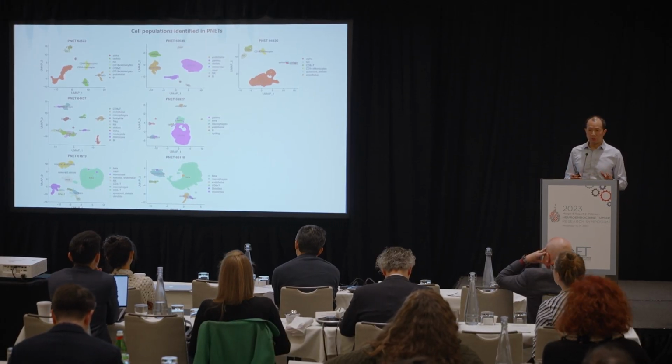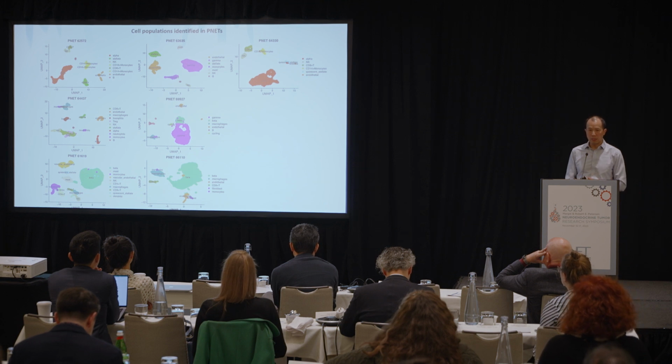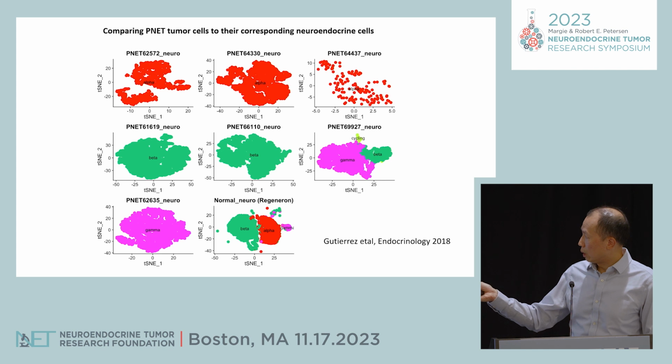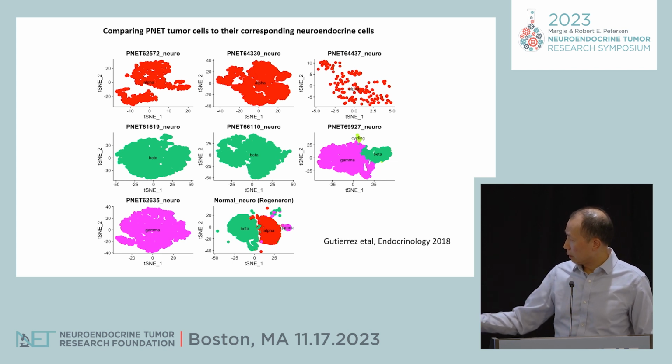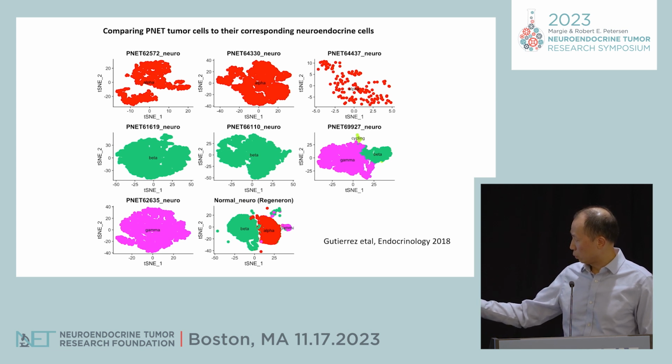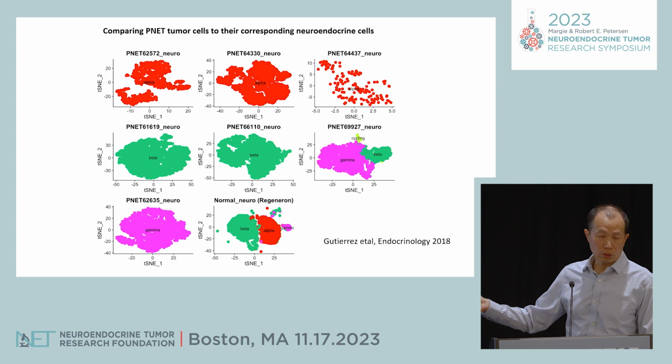So to find the cell type, we essentially compare the global transcriptome to see what's the closest match, whether it's an alpha cell, beta cell, gamma cell, delta cell, or epsilon cell. And the comparison comes from published data of these normal neuroendocrine cells from a Regeneron group that we are using. The data that we're using on the bottom right panel is the alpha, beta, gamma cells from this published paper in 2018, where they did single cell sequencing using the same 10x platform that we use for